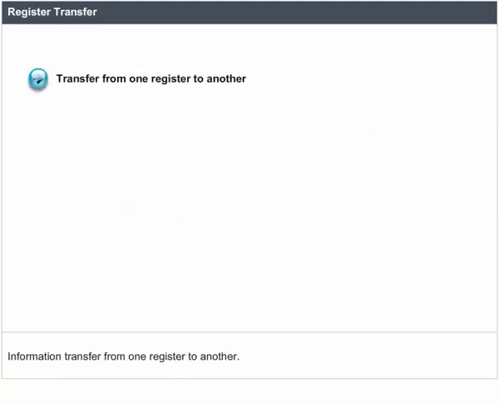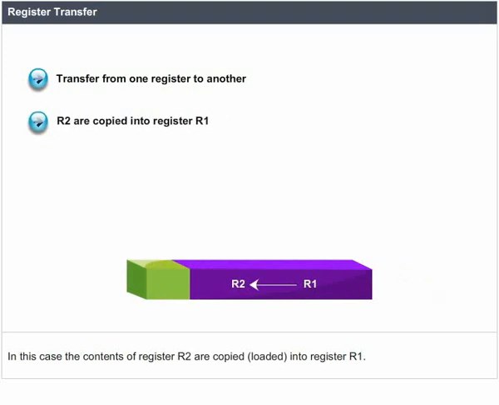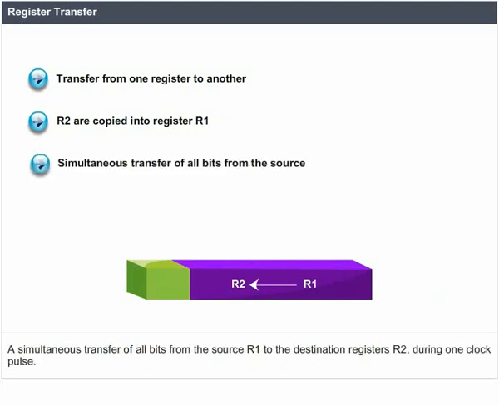Information transfer from one register to another. A register transfer is indicated as shown. In this case, the contents of register R2 are copied or loaded into register R1. A simultaneous transfer of all bits from the source R1 to the destination register R2 occurs during one clock pulse. Note that this is non-destructive, that is, the contents of R1 are not altered by copying or loading them